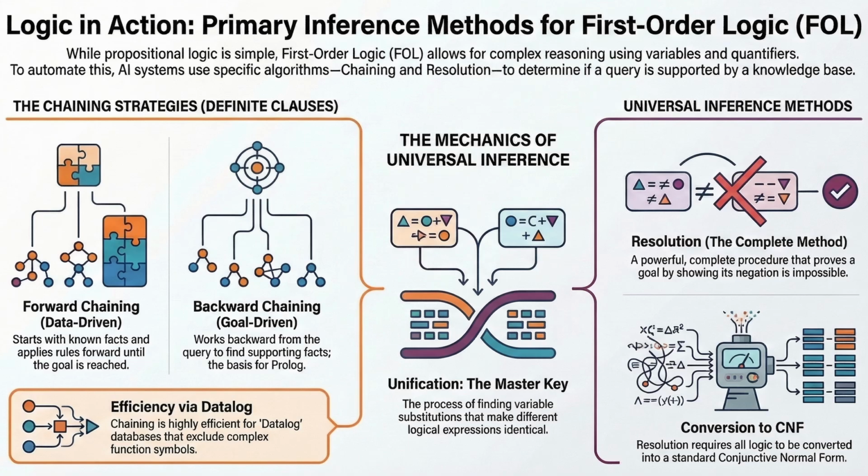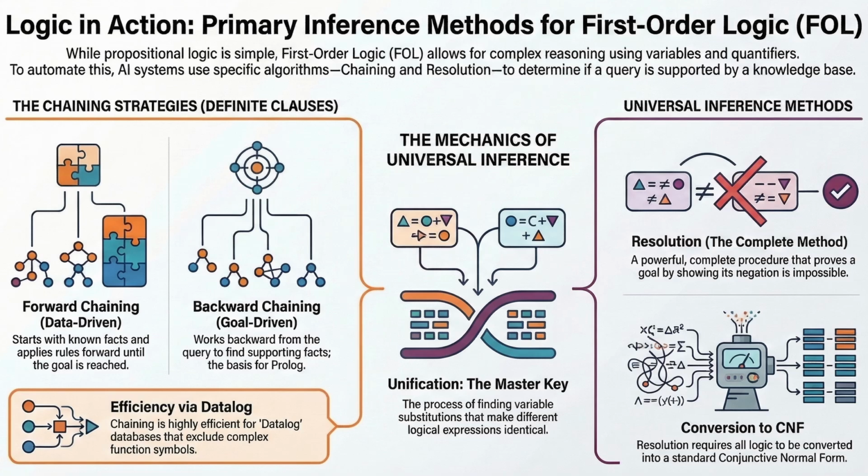Unit preference. A unit clause is a short sentence, just one literal, like King(John). A long clause is A or B or C or D. If you resolve two long clauses, you usually just get another long clause. You aren't making any progress toward the empty clause, which has a length of 0. But if you resolve a long clause with a unit clause, the result is shorter. A or B plus not A equals B. The strategy is always prioritize the short stuff. Aim for the units. It aggressively shrinks the problem down. Makes total sense.